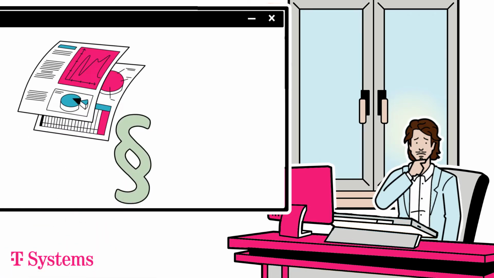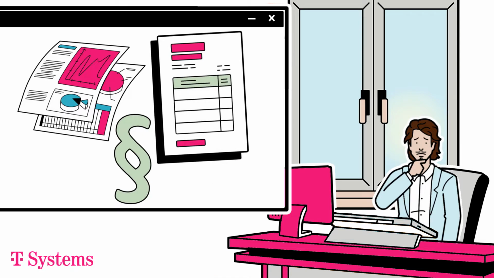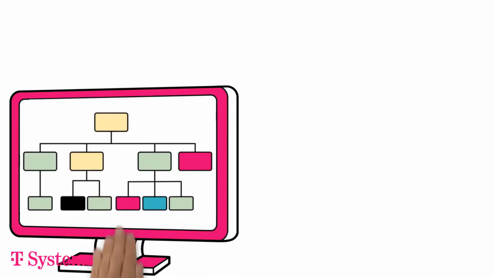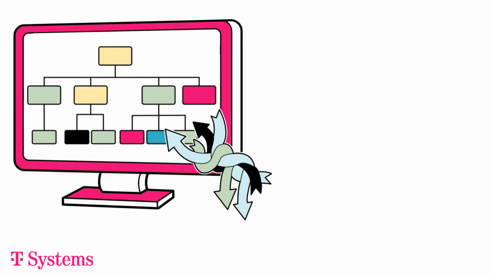But that's not all. The legal department also needs all evidence concerning how, when, and by whom the assembly instructions were compiled and used. John begins to panic. Although there's a procedural documentation that describes the business processes, how is he supposed to prove that precisely these processes were implemented for the required documents?